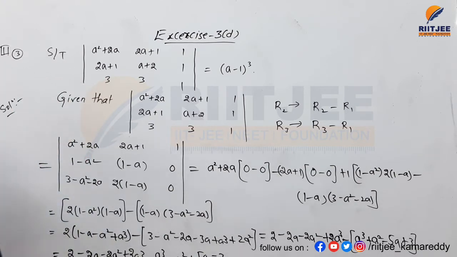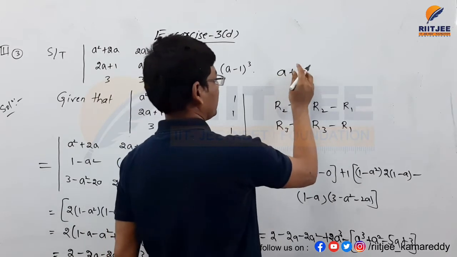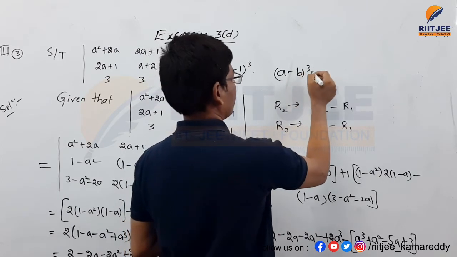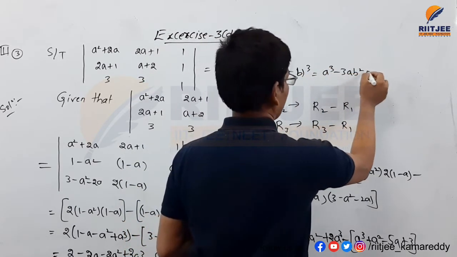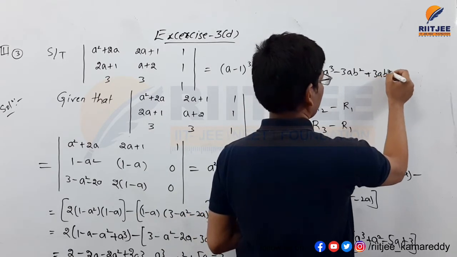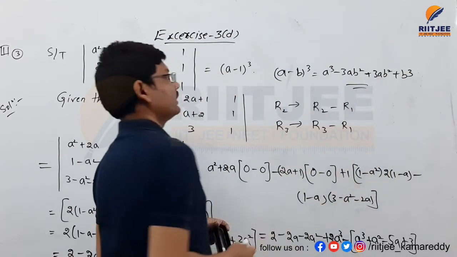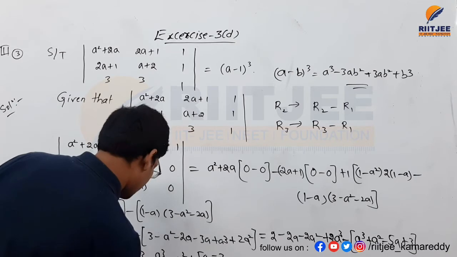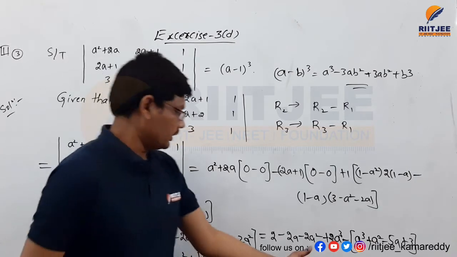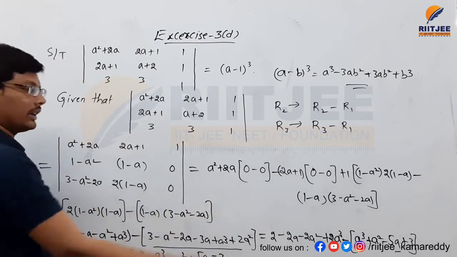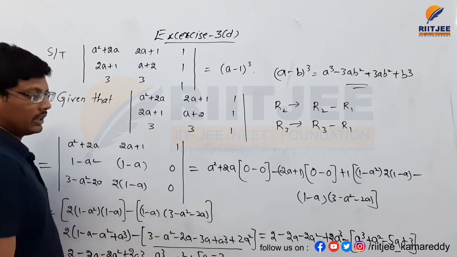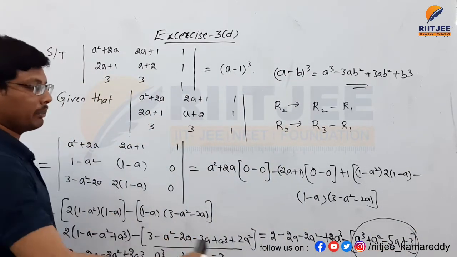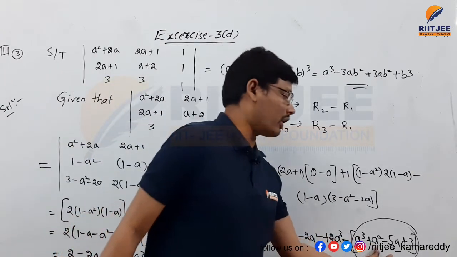So this is in the form of the a minus b whole cube formula, that is a minus b whole cube equals a cube minus 3a square b plus 3ab square minus b cube. This is the formula for that one. According to that, in place of a is a, in place of b 1 is there, so we can write it as a minus 1 whole cube. Here this is a shortcut trick to find it, you can directly write it also, but if you eliminate the terms here, we will get a small term here. If you multiply in the same way, we will get a lengthy process here. That's why I am short forming this term here.